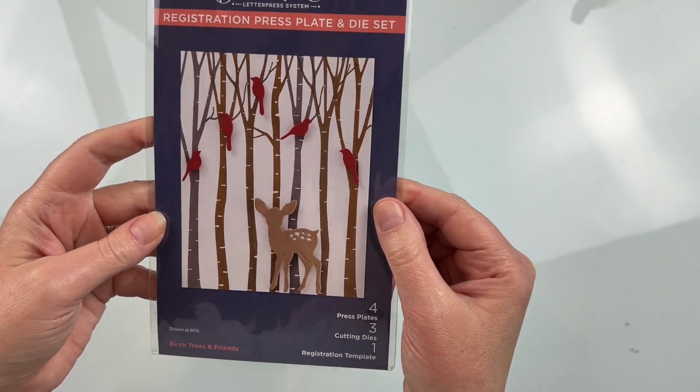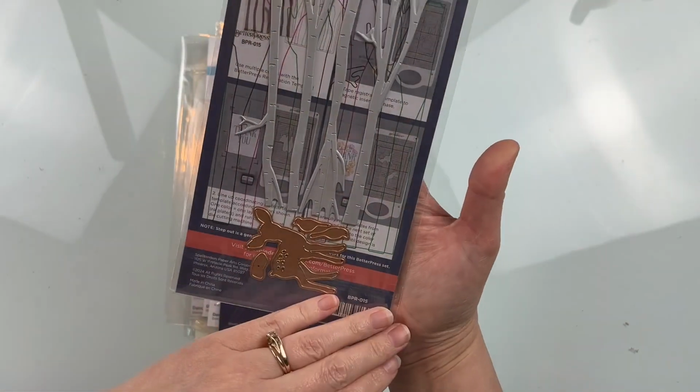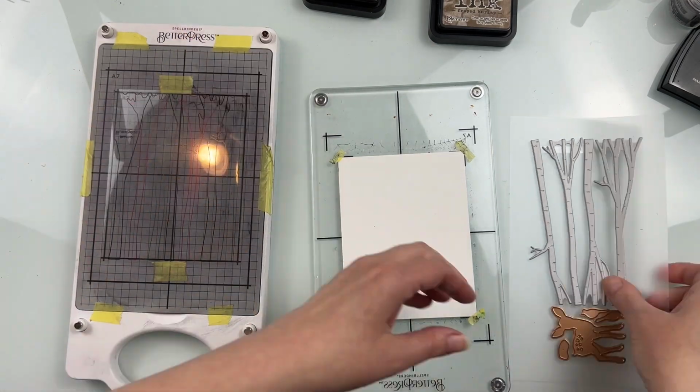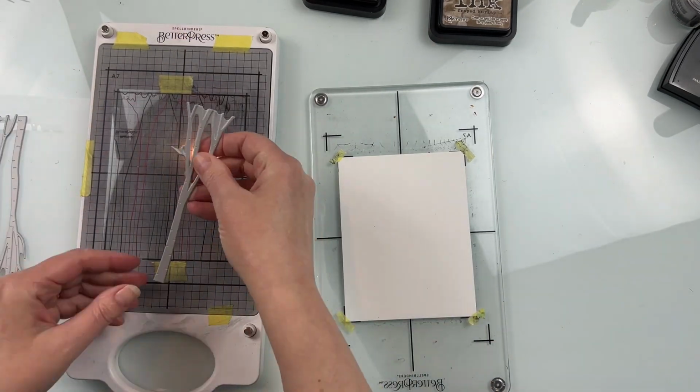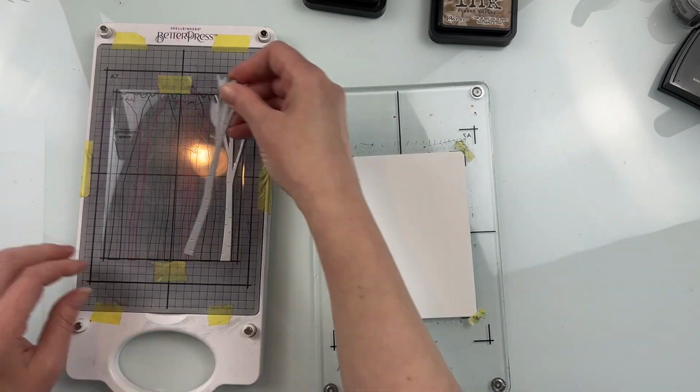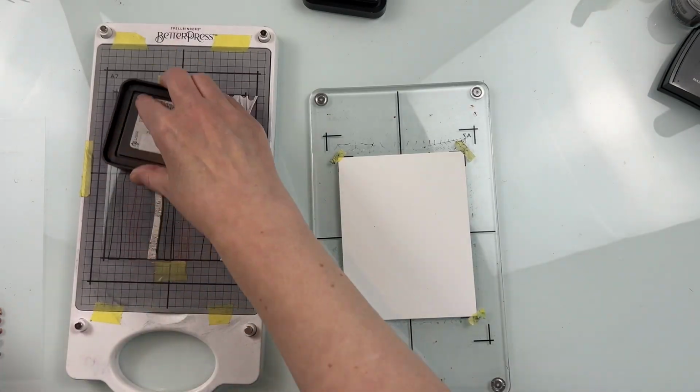This is the Birch Trees and Friends registration press plate and die set. The registration press plates come with a registration template. I like to tape mine on the base to make sure that it's not going to shift and move. That template has outlines of the different press plates and it shows you where to put each one for the